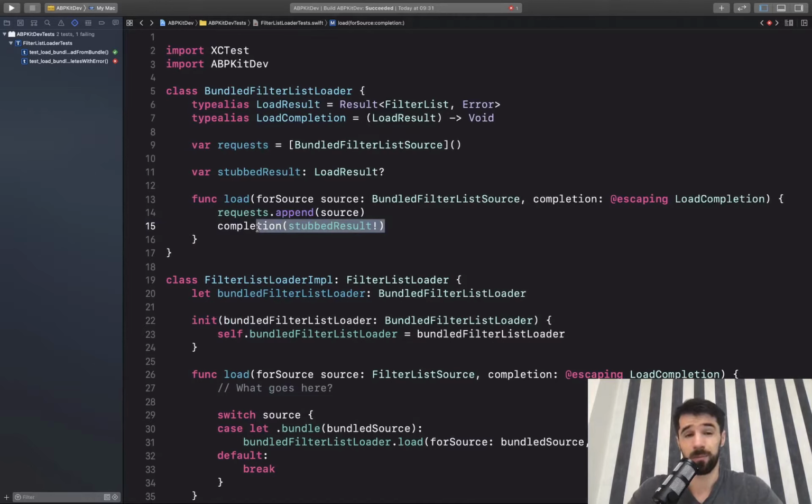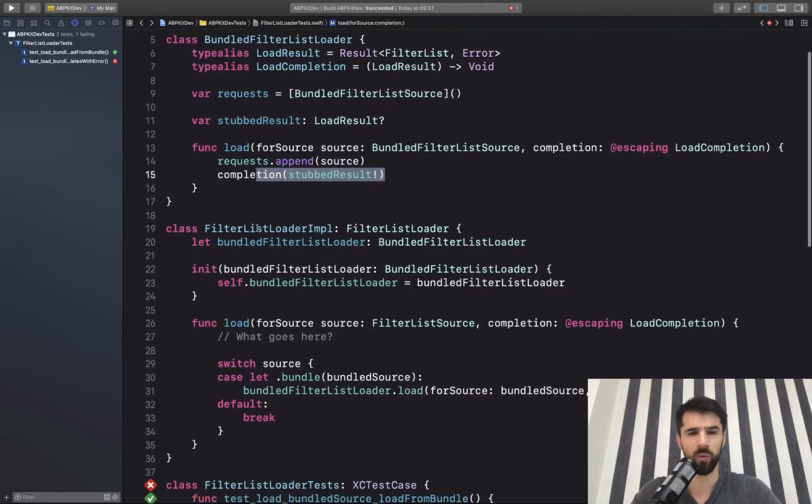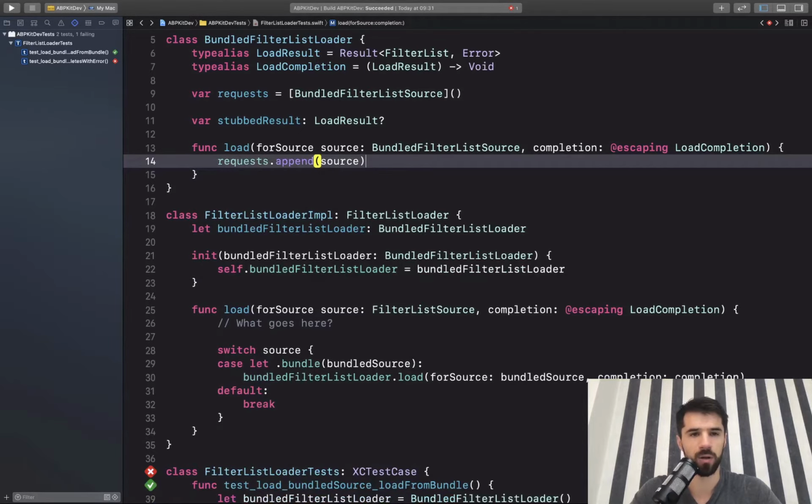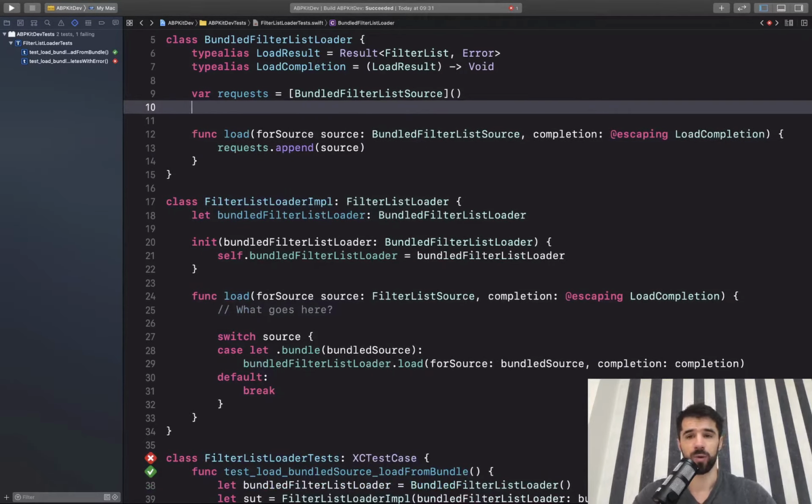But actually, it will be better to test for some asynchronous calls, to see that we call the completion a little bit later, for a nanosecond, for the smallest interval, so we can test this asynchronous part a little. So how can we do this? Well, we actually need to capture the completion and then call it later to complete, and we can do this very easily and nicely